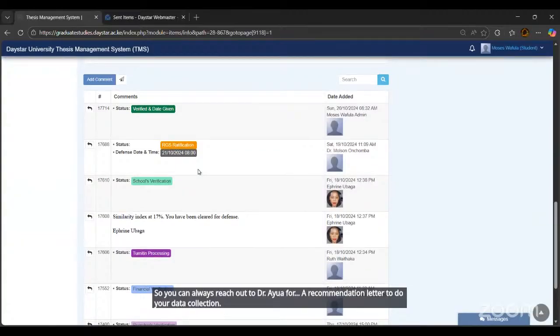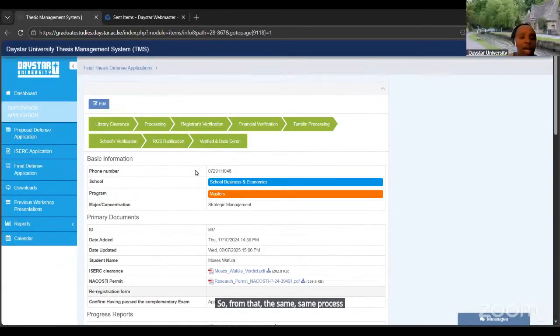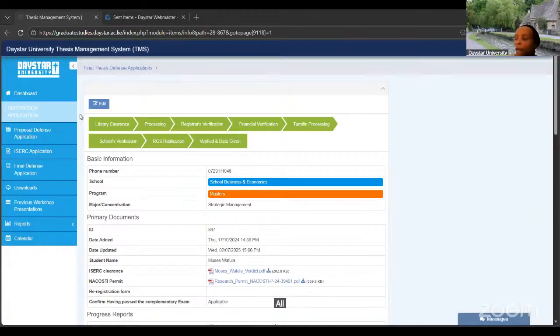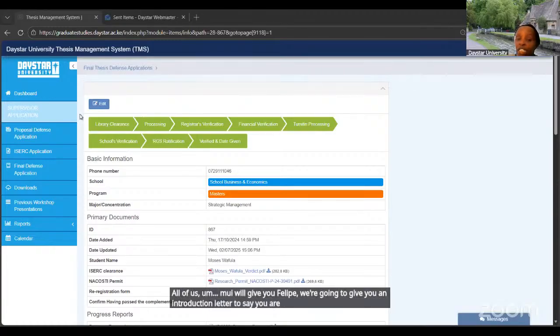So from that, the same process. Just a minute, I forgot one more thing. Just all these letters sometimes, like now, Desiree and everybody else, somebody might want to, we will introduce you as our student. So always know that all of us, Mbui will give you, or me, or Felipe, we're going to give you an introduction letter to say you are a genuine student,